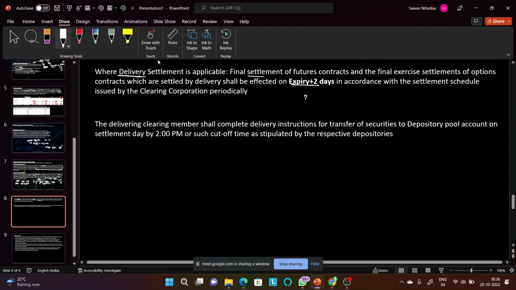Now in case of delivery, what happens is, let's say it is a stock option, your particular stock's option, and you have a call option, that is a call European. So as the name suggests, what do you mean by call? Call means you have the right to buy, and when will you exercise this right? When your call option becomes in the money. So let's say at expiry, if this particular call is in the money, then what will happen is this option will be automatically exercised in the market and the delivery mechanism will take place. Now, what is the delivery mechanism? The shares will now be deposited into your demat account and you will have to make a payment for those shares to the broker. So this entire process will happen on expiry plus 2 days.